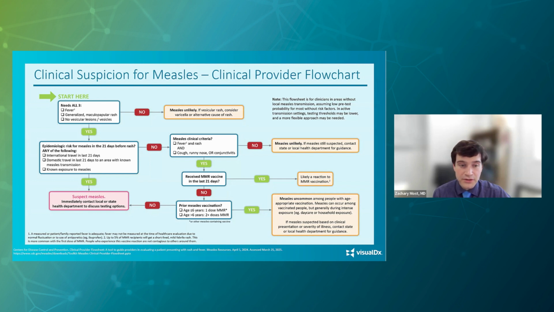And if they're not immune to measles and they've met this sort of symptom complex, you should also then suspect measles and go down that pathway. Whereas if they are immune to measles, measles is uncommon. So you are less likely to want to test that patient. Although again, you have to consider how specific the scenario is, especially including this concept of modified measles presentations.